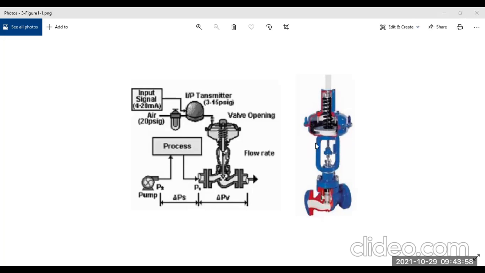This is an automatic control system, it works automatically, and the pneumatic controller works dependent on the air pressure. Okay, so this is very important. So the pneumatic controller is used in automatic control systems, and it is used for flow rate, pressure, temperature, level measurement, and other parameters of industrial processes. These are the broad application areas of the pneumatic controller part.